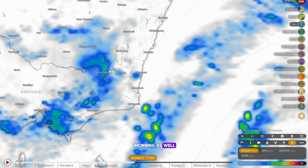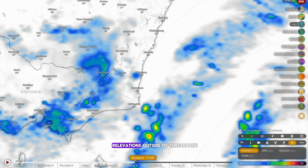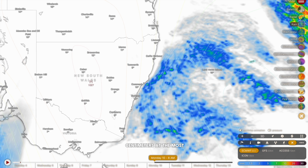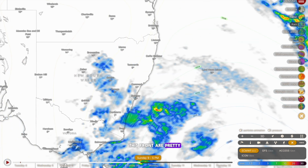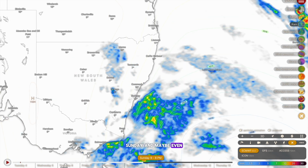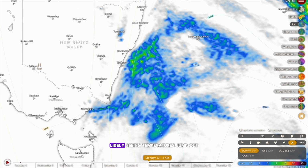You can see Sunday morning as well, the chance of some snowfall accumulations are possible through the higher elevations outside of Thredbo and the Capital Territory in the southern parts of New South Wales, but I don't think the snowfall accumulations will be that high, just a couple of centimetres at the most. And then in the back end of this front, a pretty big pool of cool air sweeps up Sunday afternoon through Sydney, and that means that we'll be seeing some bitterly cold conditions Saturday, Sunday, and maybe even into Monday morning as well. Strong winds, very cold conditions powered by this high pressure system over New South Wales and Victoria. We'll likely be seeing temperatures bounce down towards -3, -4, maybe even -5 for some locations in the